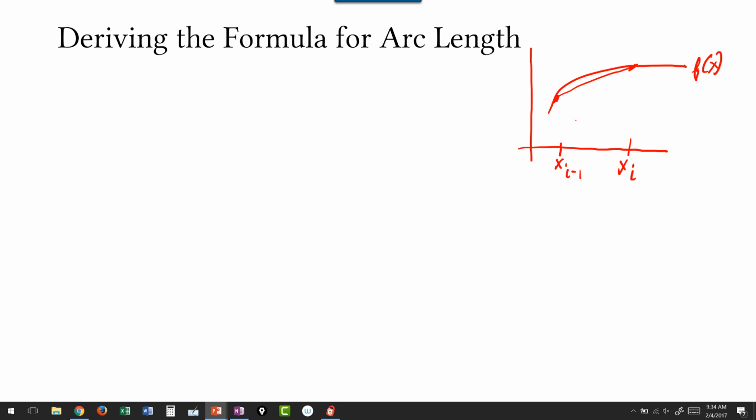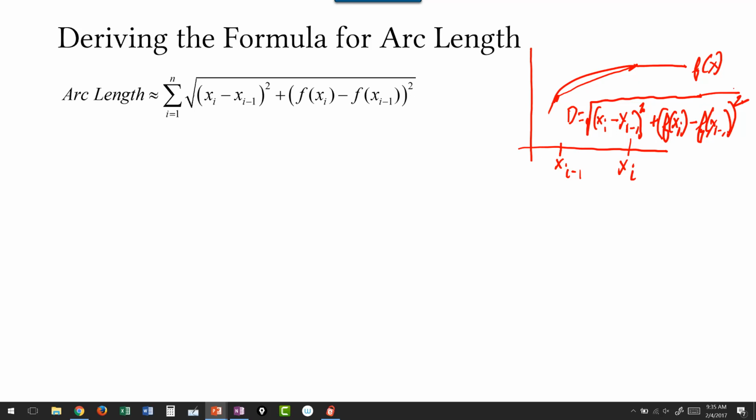Now, we already know from the distance formula that the distance between these 2 points would be the square root of the difference in the x-coordinates squared plus the difference in the y-coordinates. And now we have to remember that the y-coordinate for a point on a curve is just the function value. If we add up all of those lengths, then we get an approximation to our arc length, or the length